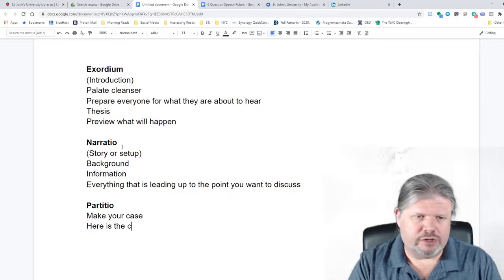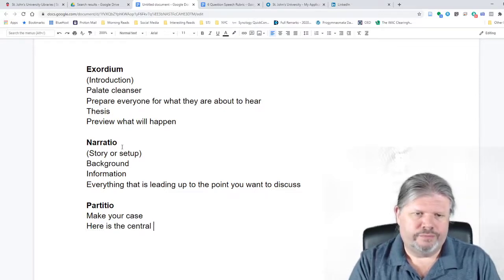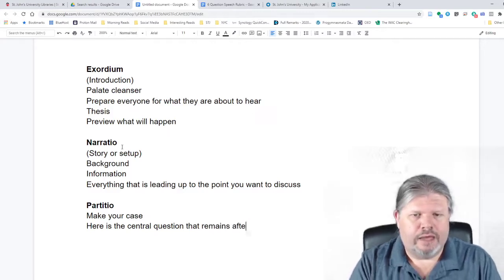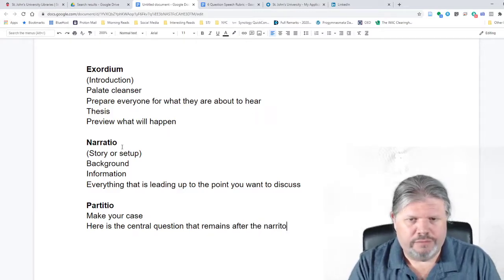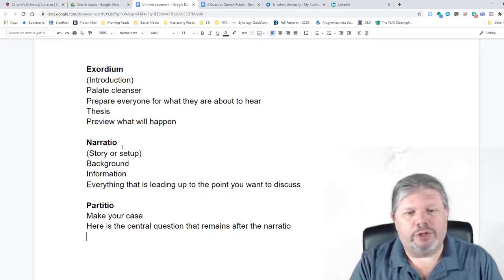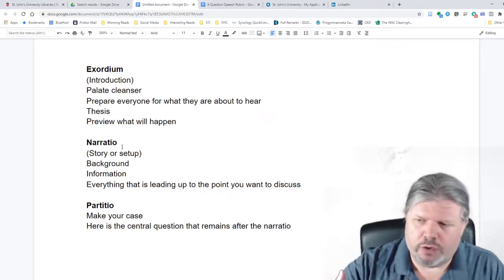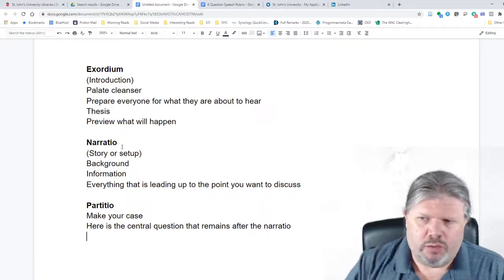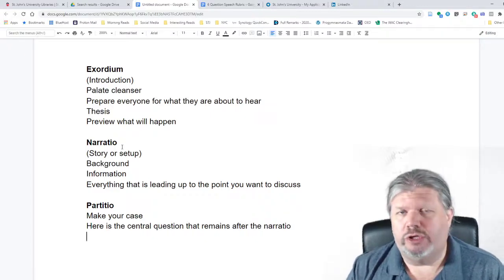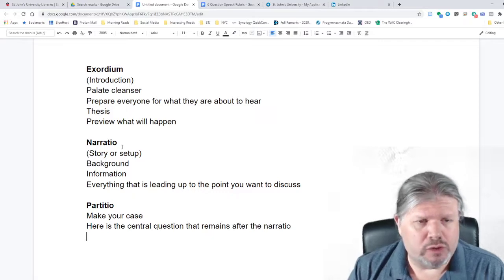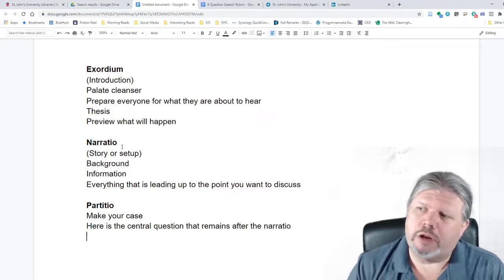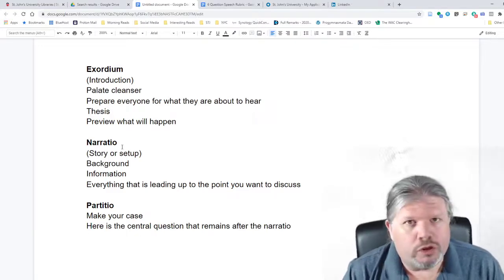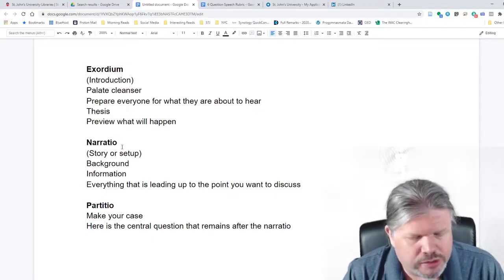Here is the central question that remains after the narratio is complete. So you've kind of set up with a story. So you say, I really want to communicate to you why AI is extremely dangerous and we should divest from AI as quickly as we can. But before we get to that point, ladies and gentlemen, how did we get to the point where we're on the edge of AI? Well, it all starts with the research of this one scientist,